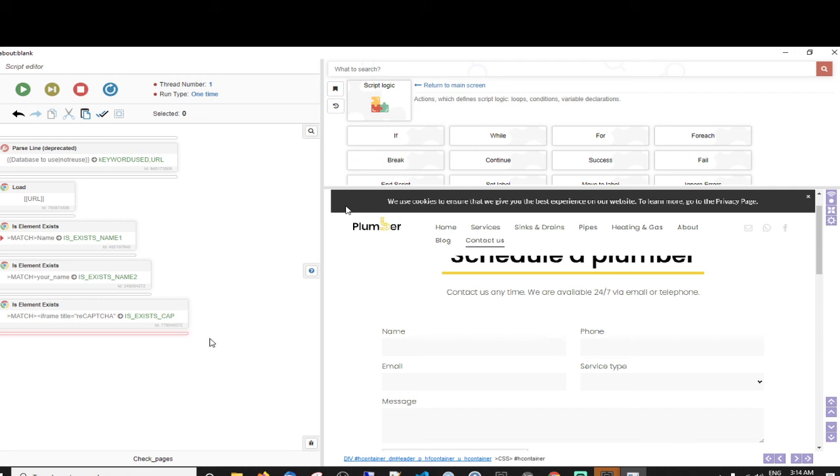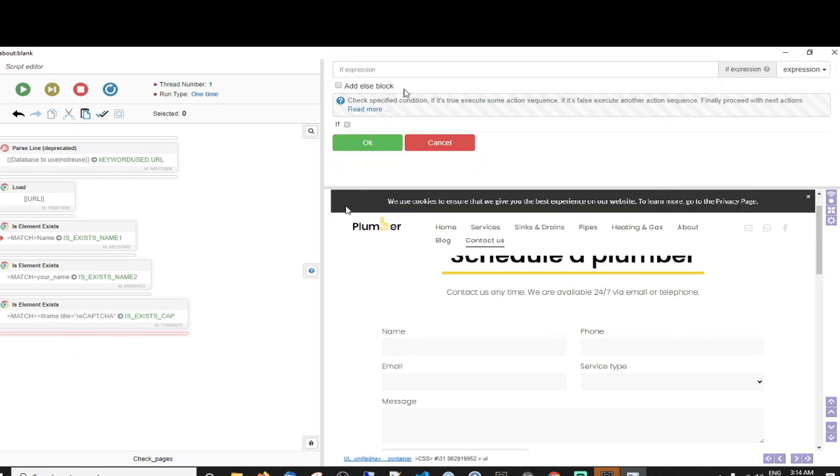So let me just bang on. So if either of these is true, what I'm about to do is definitely not the best way. We're going to refine this for sure.